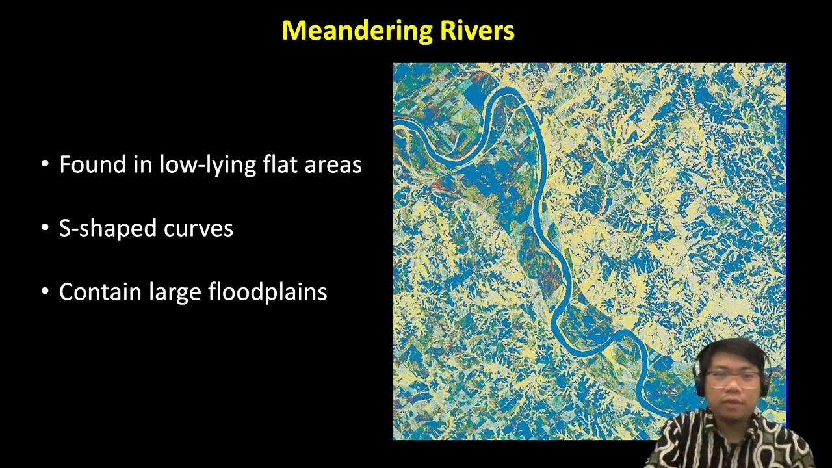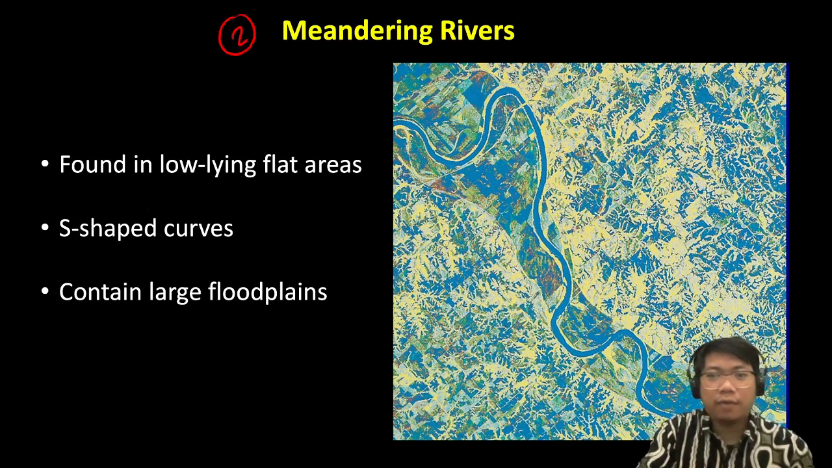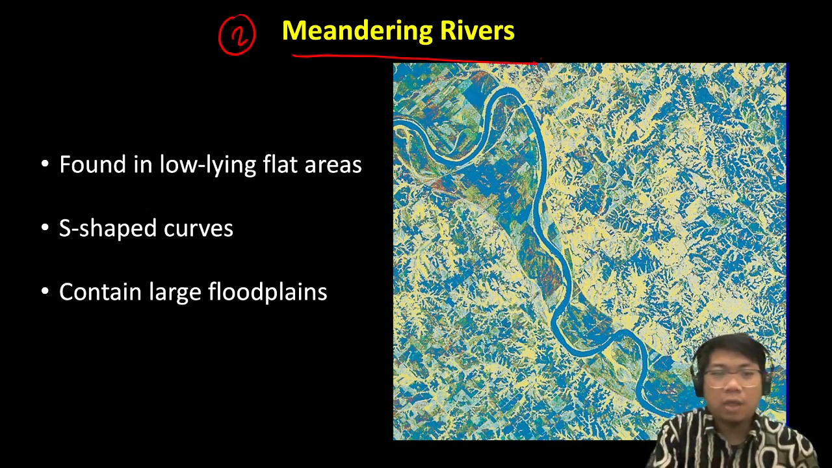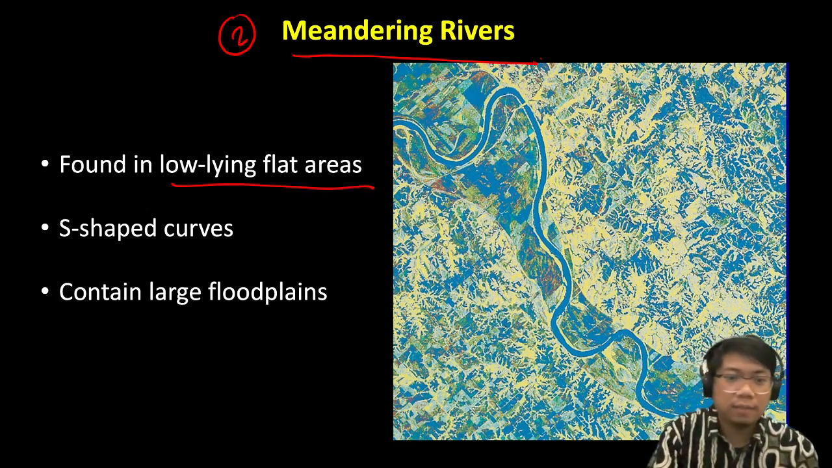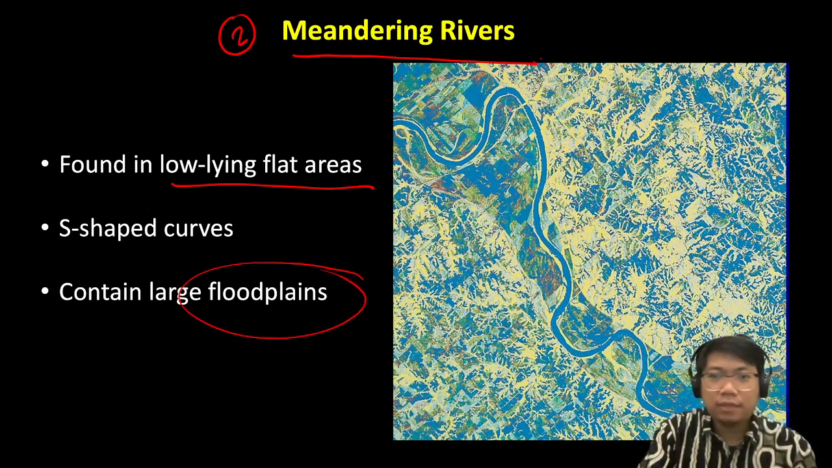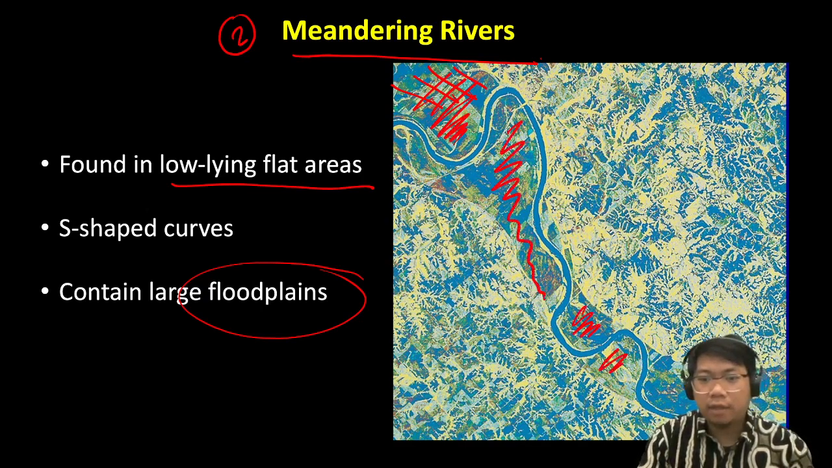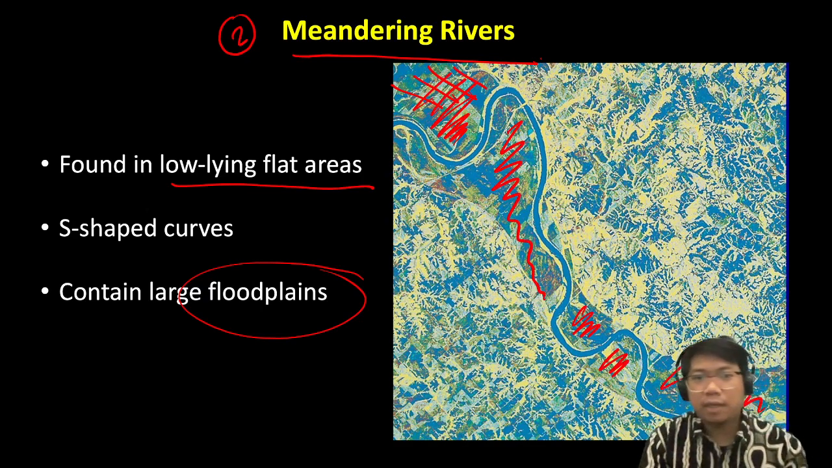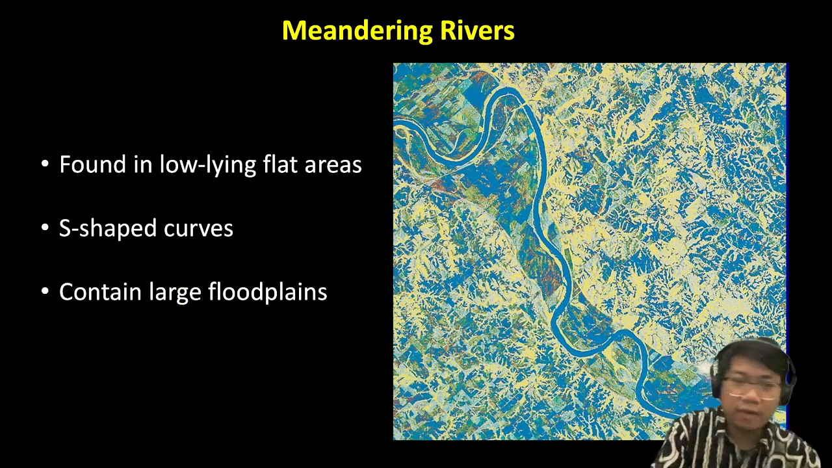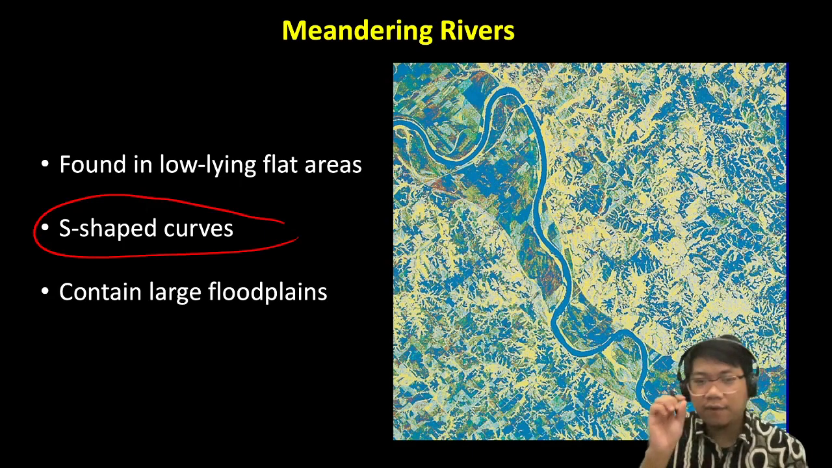That was the first one, and the second one is called meandering rivers. Meandering rivers are found in low-lying flat areas, all right, and these low-lying flat areas are typically called floodplains, as illustrated by these areas right here that I'm highlighting, okay? Right here, this could be part of the floodplains of this channel right there. And it's very easy to identify meandering rivers because they have a very distinct shape. They have very distinct S-shaped curves, so it's a very curvy